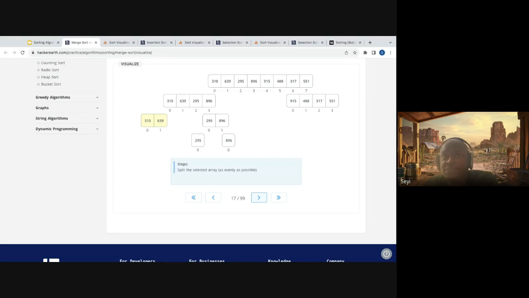Now we split this into 2 items. It's easy to sort an array of 2 items, right? Okay, we are able to sort it and combine the result back. Now, when we get to our parents, the parent is like, okay, I have 2 arrays that are sorted. How can I merge them to give me a sorted array that contains the 2 elements? That is the fundamental problem to solve in a merge sort.